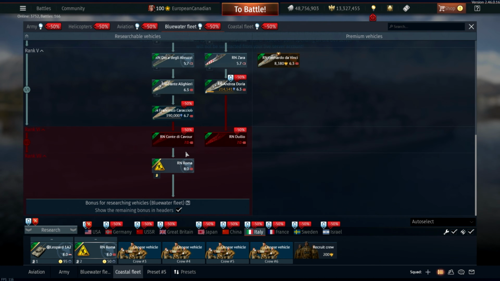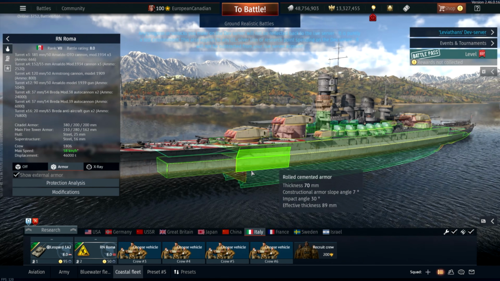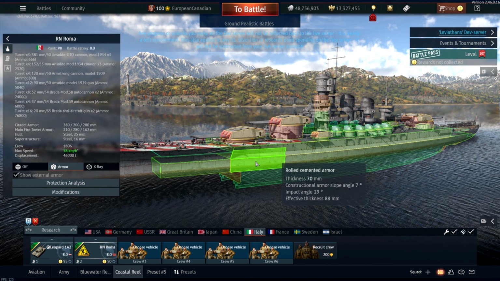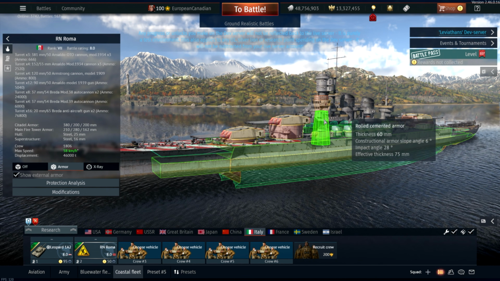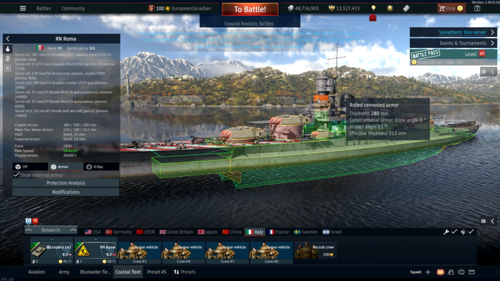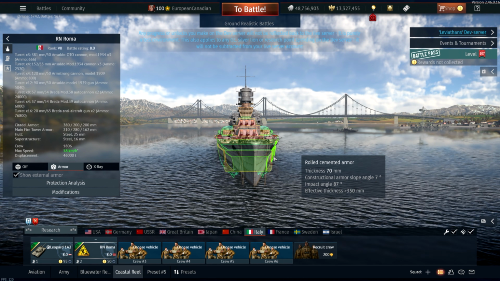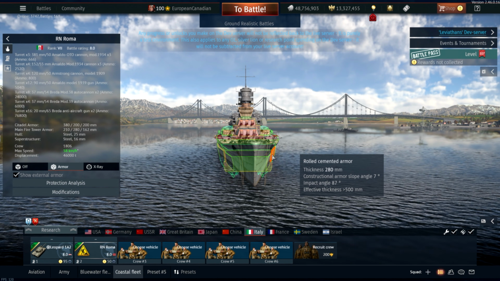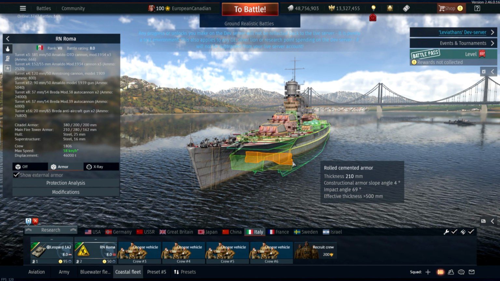If you want to get the Roma though, it's on the left-hand side after the Conti di Cavour. It does have some pretty interesting armor layouts on it, including only a 70mm setup, at least on the outside. You also have some 15 here. On the turret fronts, 380, but on the bridge, 280. So I don't think this is the full amount. You can see here, there is actually a plate underneath, which is 280mm, which still isn't fantastic compared to everything